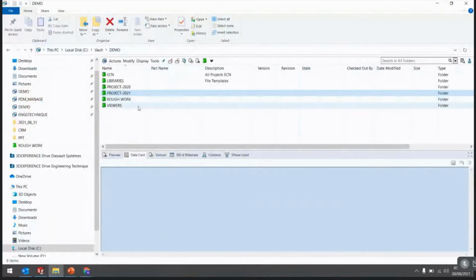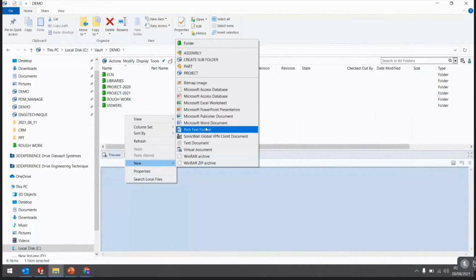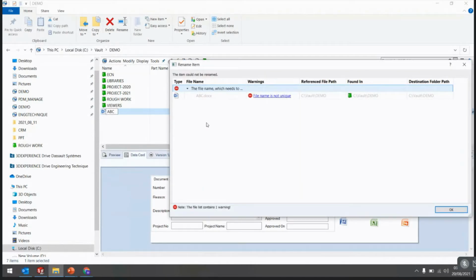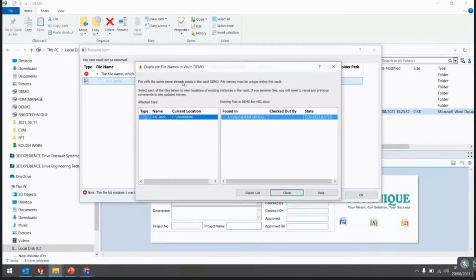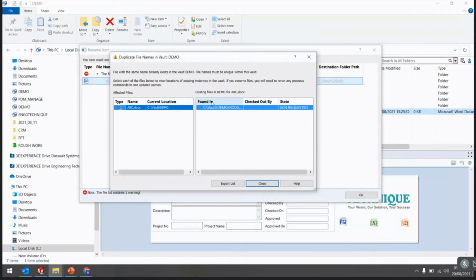Here we can create a file with the name ABC, right? For example, a Word file, and I'm entering its name as ABC, right? So you can see here it shows a pop-up window and also shows the file name is not unique. PDM also tells where this file is available.